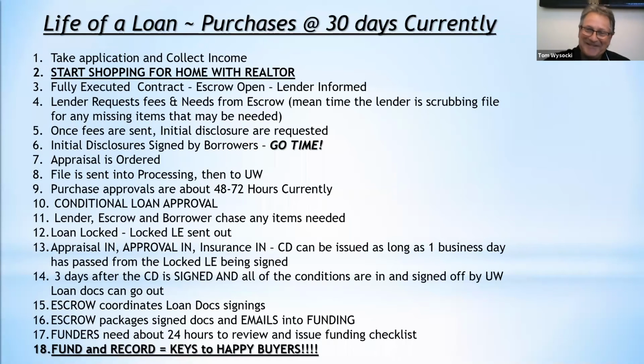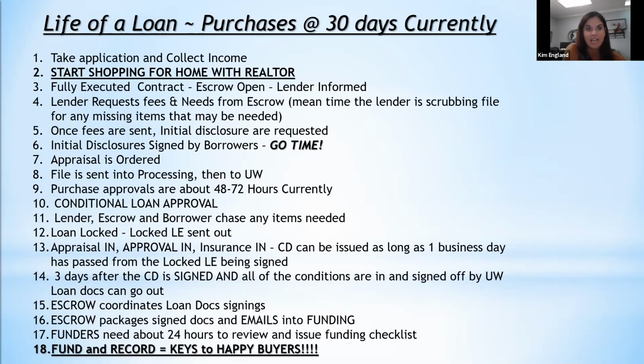Okay, fully executed contract. Let's go there. So fully executed contract, escrow's open. Please make sure when that happens, you forward that executed contract to your lender. It does sometimes happen that the contract gets sent to the TC, and it's been 3 or 4 days, and all of a sudden their realtors call in saying, has the appraisal been ordered? And I'm like, oh, are you in contract? No, it has not. So it's super important that you include your lender, even when it's opening. Just throw the lender on there if that's the easiest, and everybody knows who everybody is. That would be beautiful.